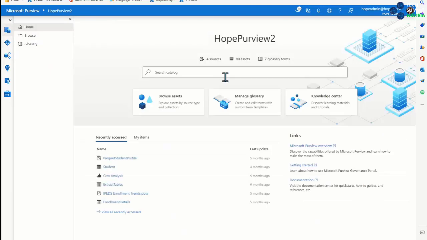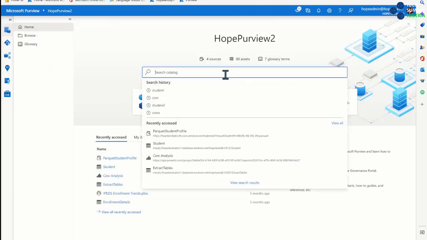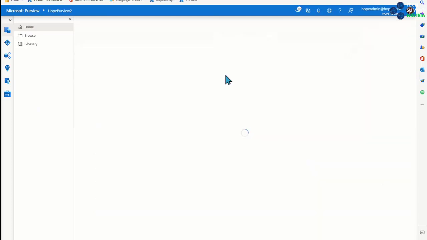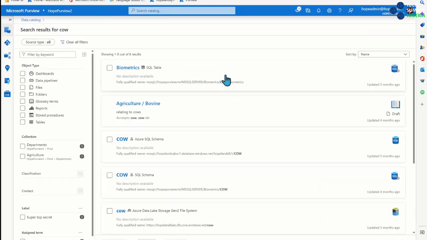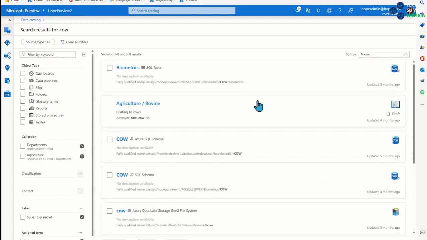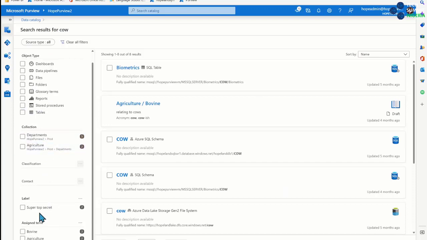So then once you have your data scanned, then it is searchable. I was working with a precision agriculture professor one time, and I really enjoyed his data. I was helping him, and we used some of his data. So you can see here, I just searched for cow in my environment. I have different collections where cow shows up. I also have something that comes from the Microsoft 365 Compliance Center. What it used to be is now called Purview as well.